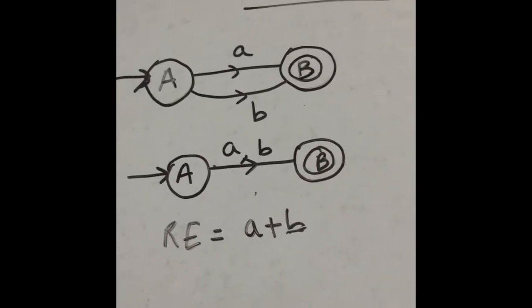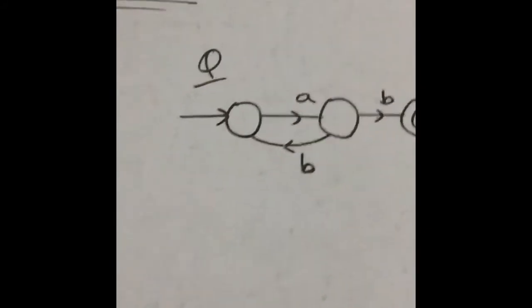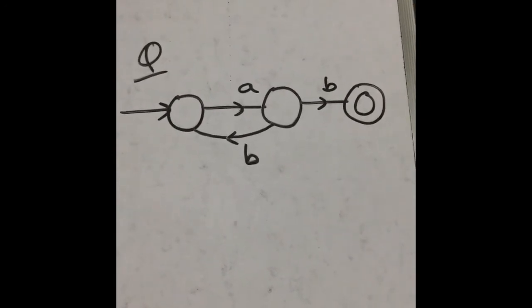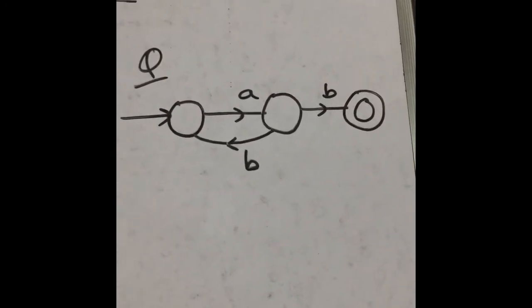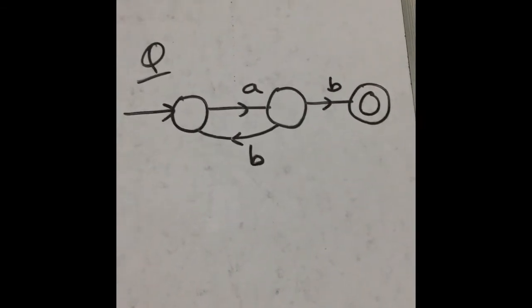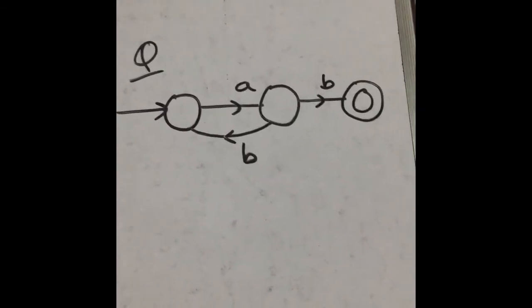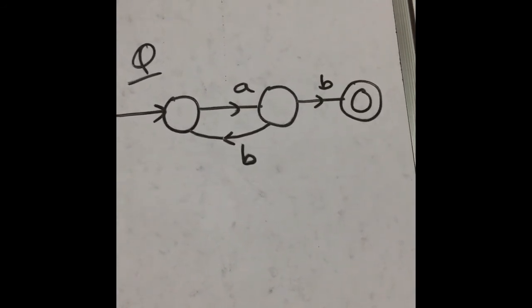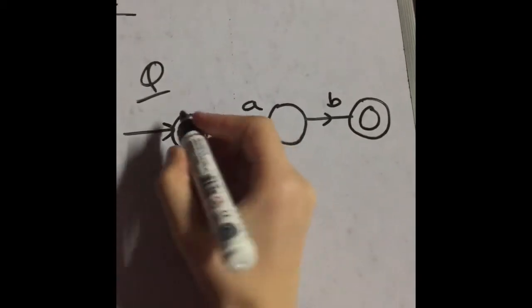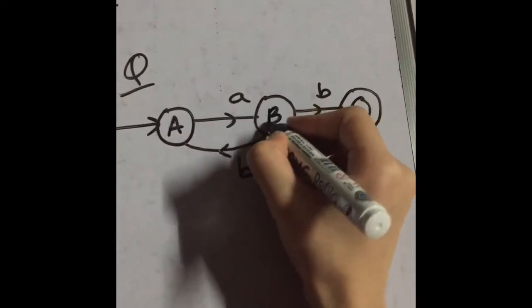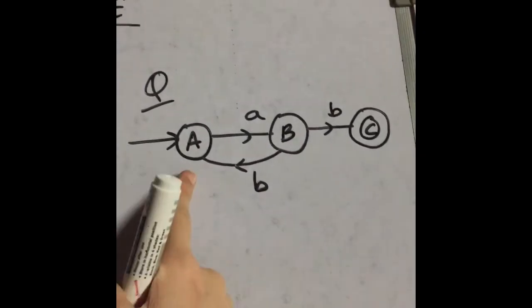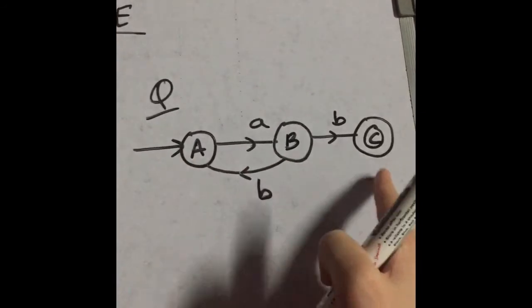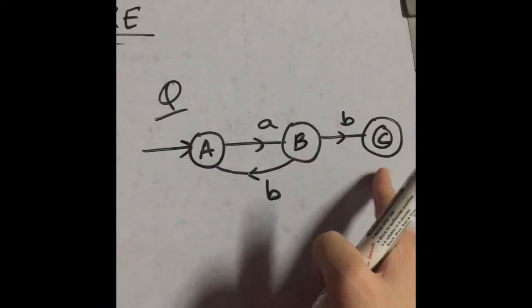Now let's see something a bit more complex. Another example. In this, check those 3 steps which were already discussed in the state elimination method in the previous video. The first step: is there any incoming edge from any state to the initial state? This is my initial state. Let's write some arbitrary state names. A is my initial state, and is there any incoming edge from those other 2 states, B and C, to A?